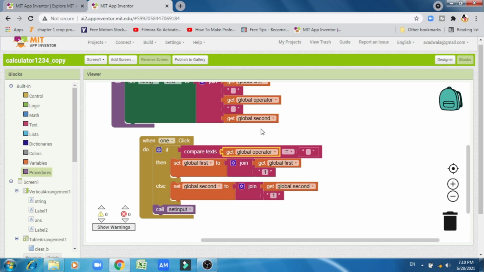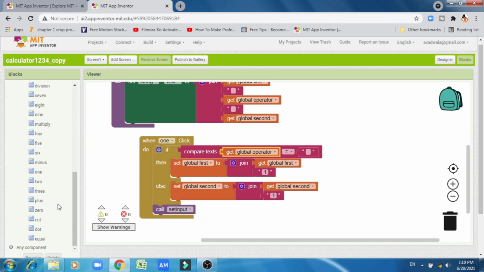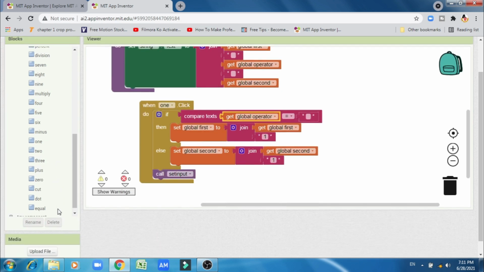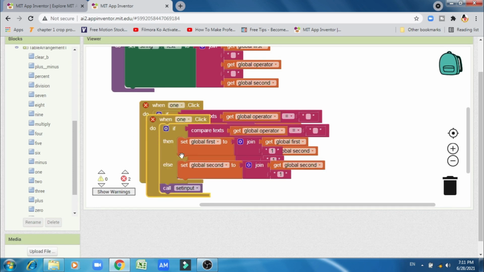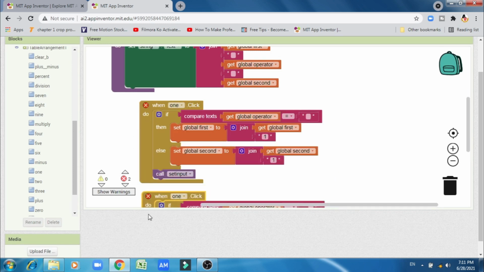Okay, now this set of blocks is the same for all the buttons, that is 1 2 3 4 5 6 7 8 9 0 dot, all those buttons have the same code. So what you have to do is simply make a duplicate of it, put it here.